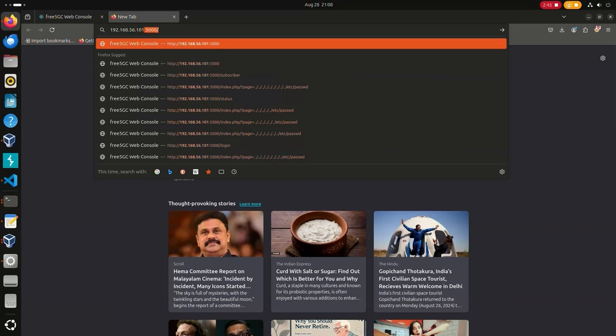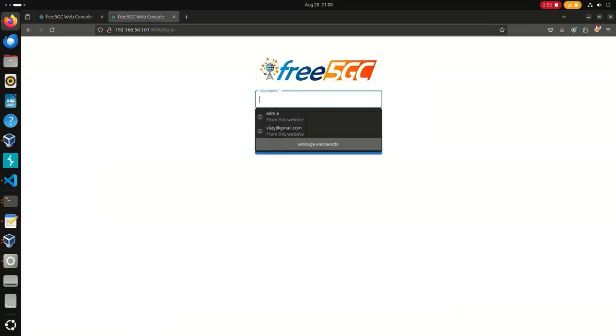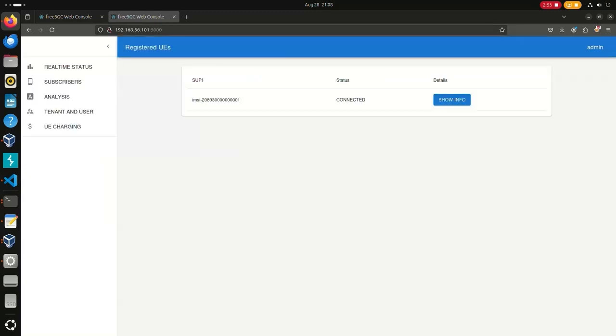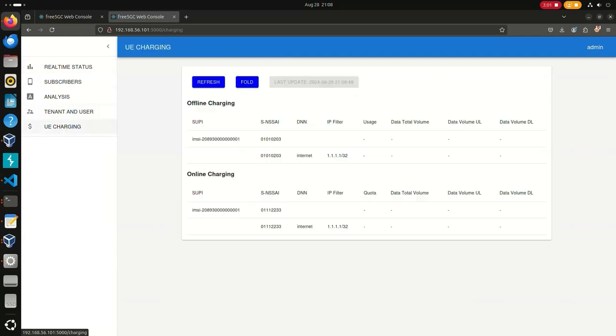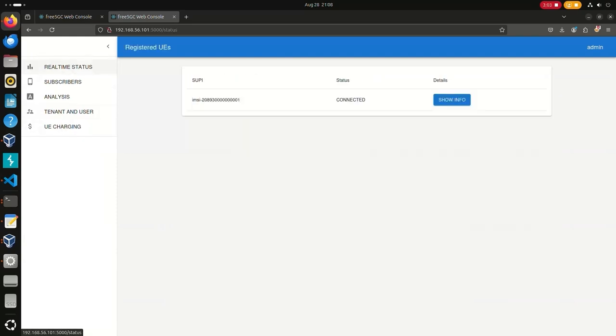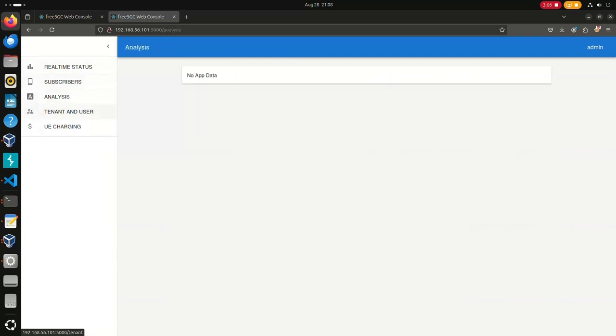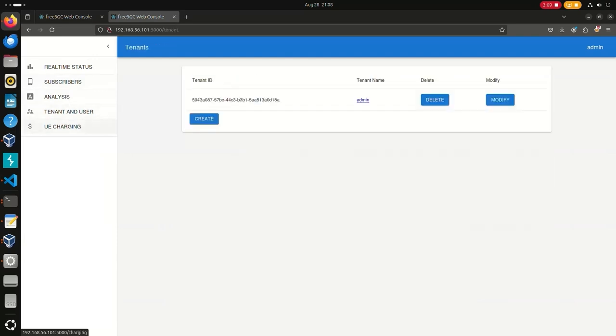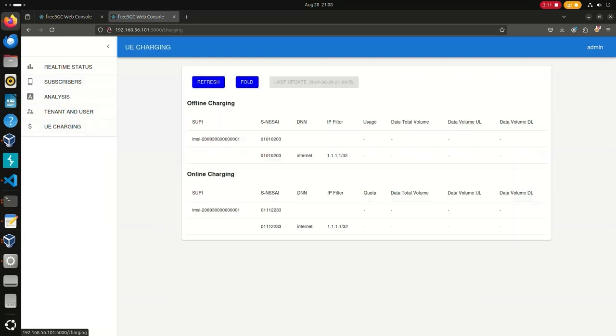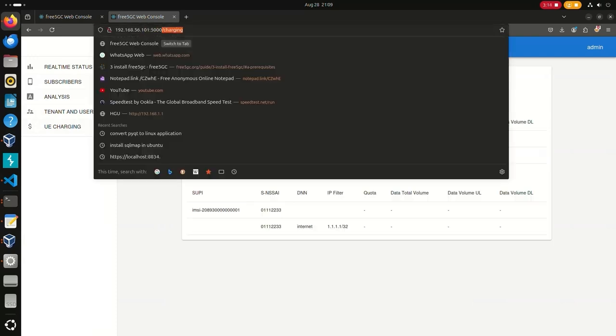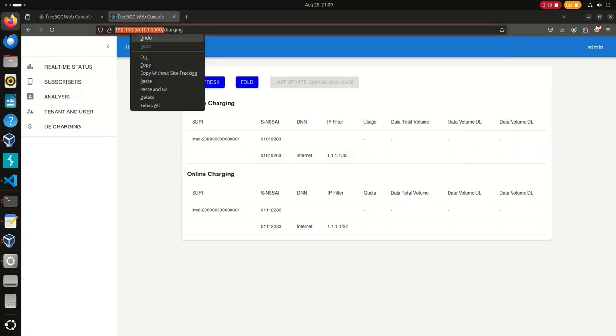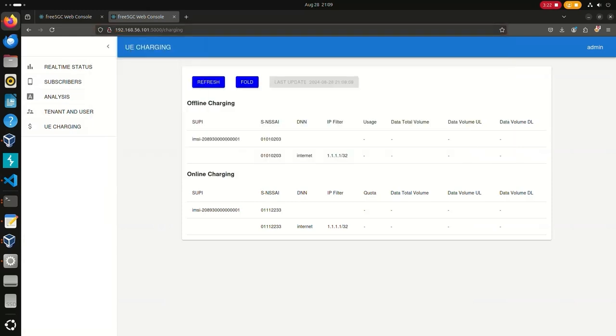So we are going to open that using a web browser, and we are going to log in into Free5gc. So this is the status of the Free5gc 5G network running. This is the UE charging and real time status and the subscribers data. So since we got the address as 5000 port,